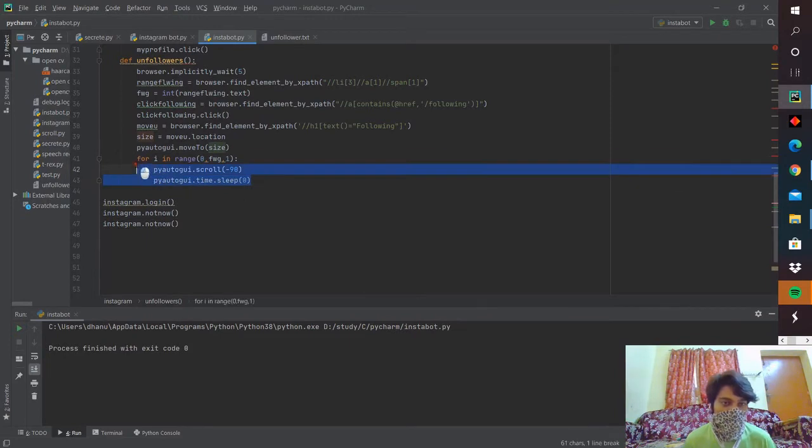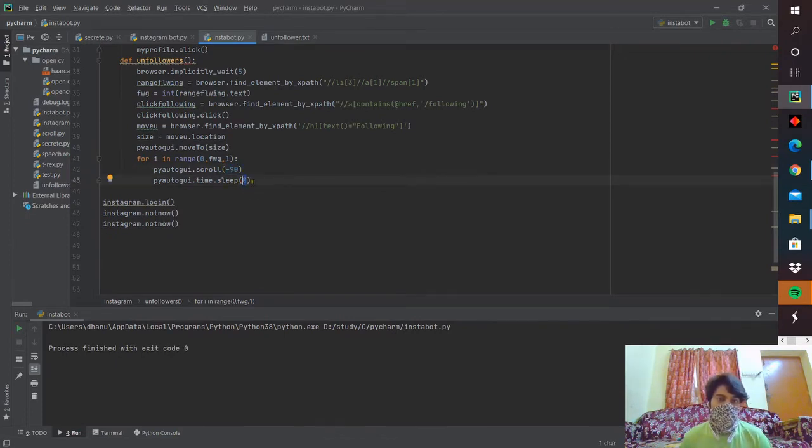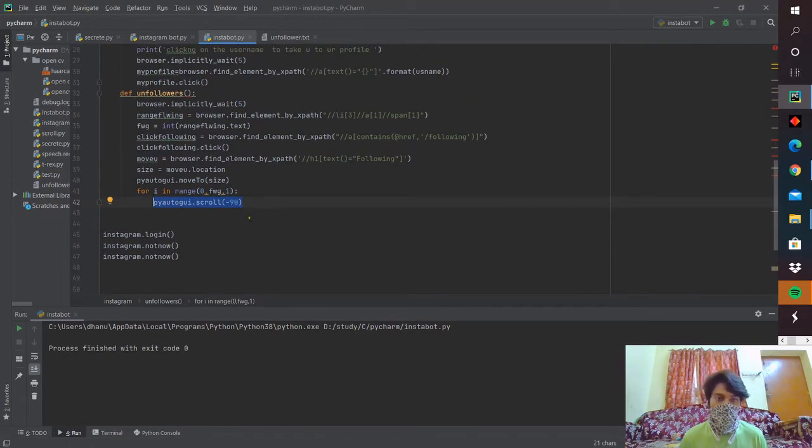So this is actually a scroll function. So again, PyAutoGUI is helping you to scroll. PyAutoGUI dot scroll is available, so you can read about it. So this is actually the speed and this is actually the time delay. So this line is actually not needed. So this is actually the scroll function. So you can't be scrolling and scrolling and scrolling. You need to stop your scrolling here, right? So I'm using the for loop to scroll and scroll till your following list has ended. So I'm just getting the amount of following through this. So that's it, guys.